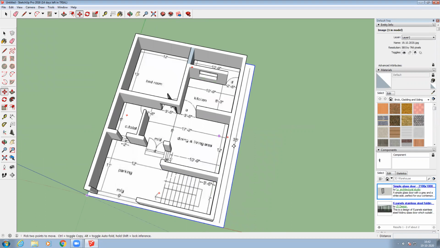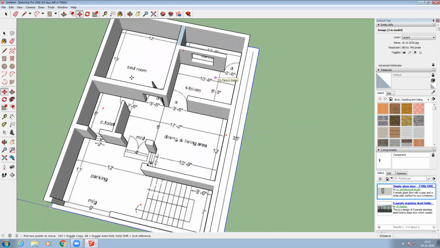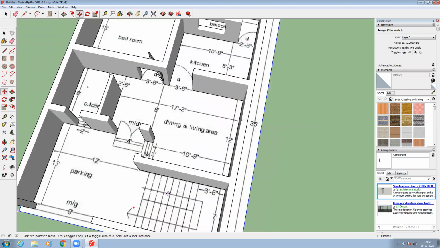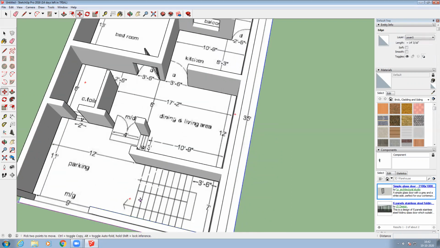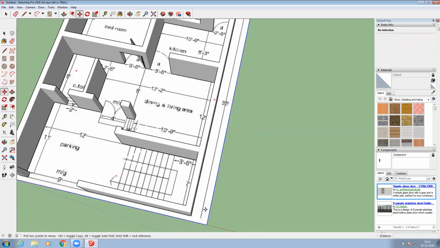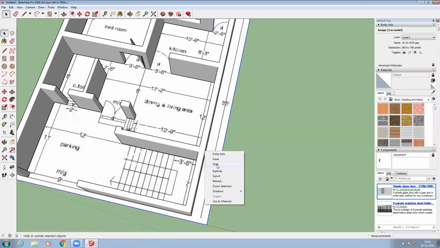In this plan, sometimes it shows where all the beds are available, or where the particular sofa is available. For example, here they have shown the staircase, here the staircase will come, right? So after fixing the staircase, if you don't want this plan, you can remove it or delete it, or else you can hide it, right?